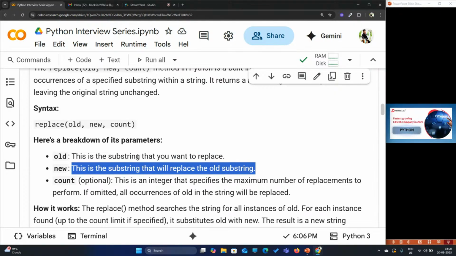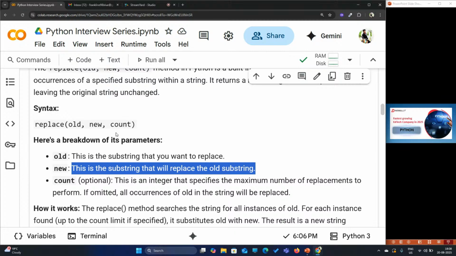So you mentioned, for example, programming. So instead of programming, that is your existing string, you mentioned that in your old parameter, and in your new parameter, you mentioned what you would like to replace it with. So your programming would change to fun. So your new parameter will take the word fun,